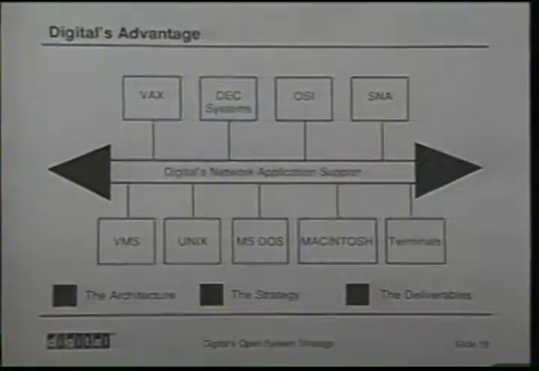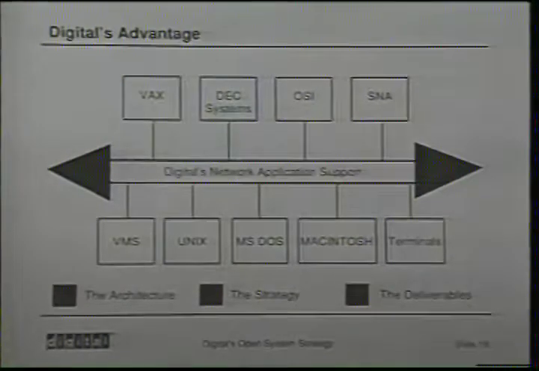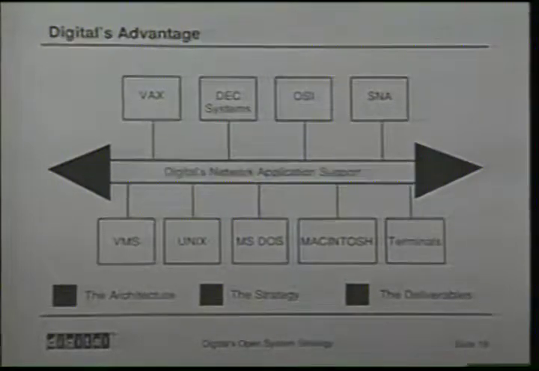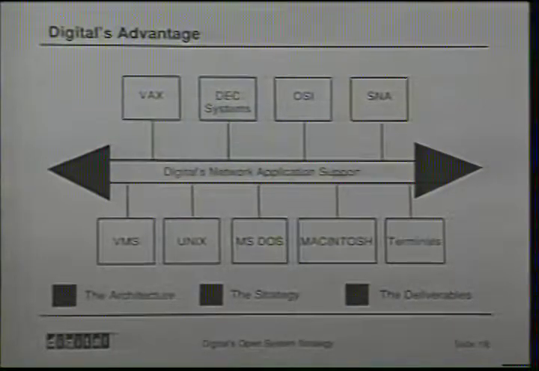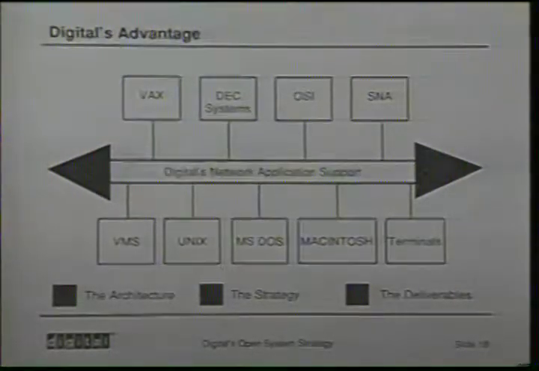And in that case, as I mentioned earlier, Digital has Network Application Support. Network Application Support gives us the ability from a variety of different servers, VAXs, DEC systems, OS/2 systems in some cases, and even network connections into OSI networks or SNA environments where we can use an IBM 3090 for a server. So for a variety of different servers, a variety of different services to integrate existing desktop devices, which would incorporate dumb terminals, Macintosh desktops, MS-DOS systems, OS/2 systems, Unix desktops, as well as VMS desktops.